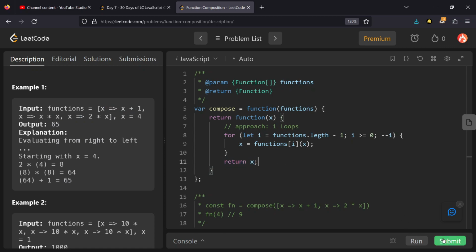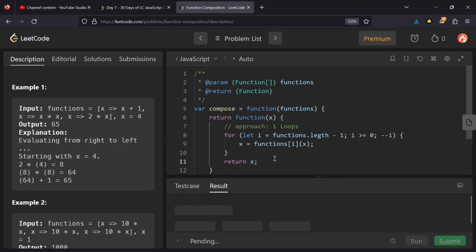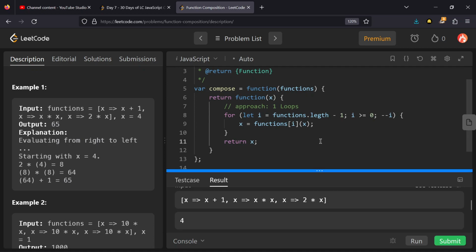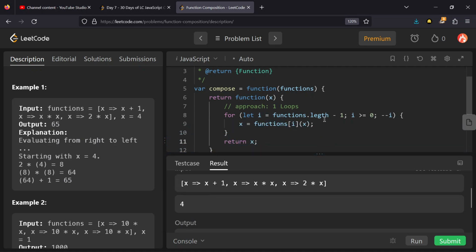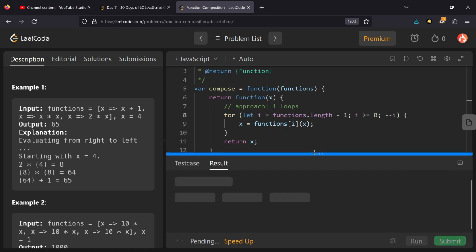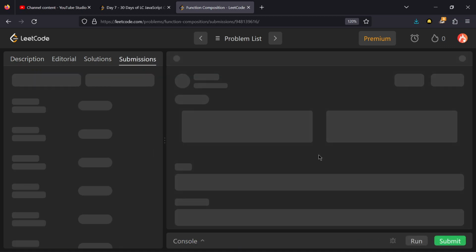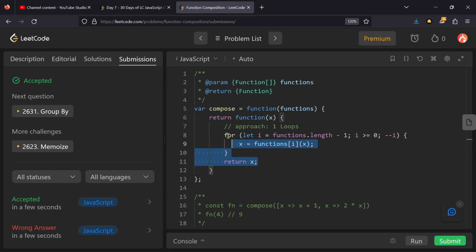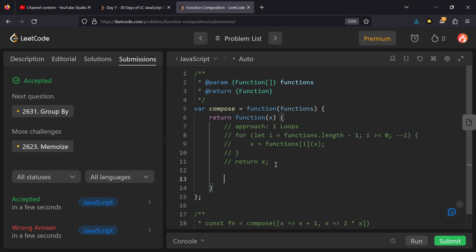So let's submit it, and then we see approach 2. Sorry, n is missing here in this spelling. So yes, this passed, and now commenting it and writing our second solution using reduceRight, which we saw just now.